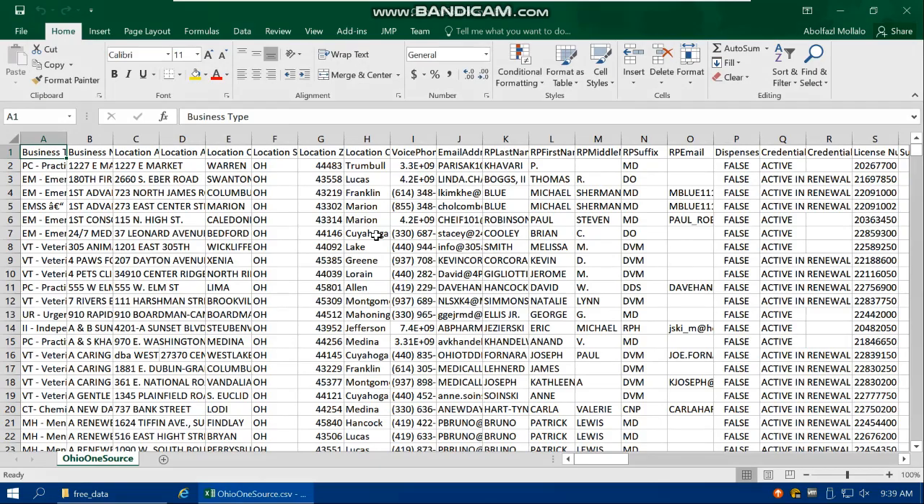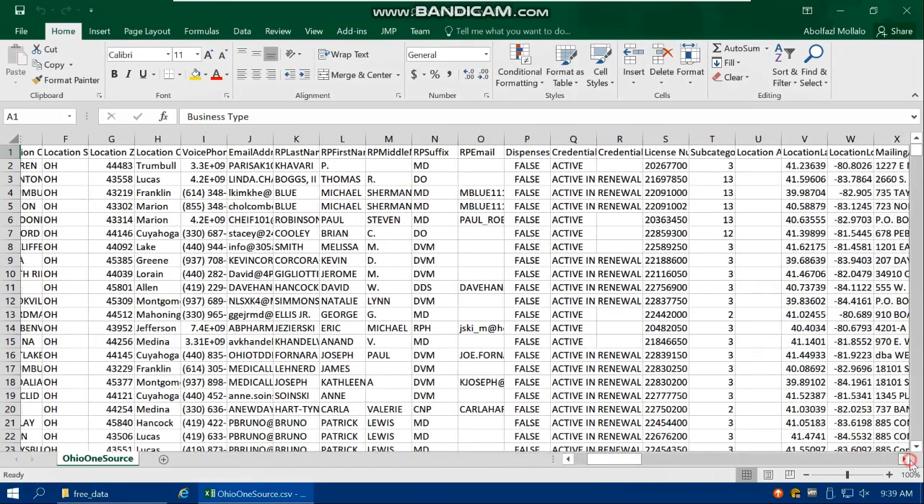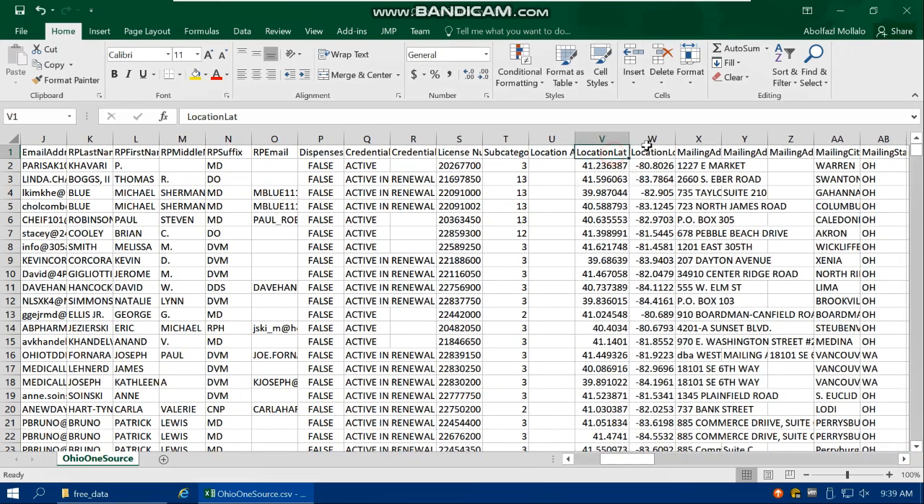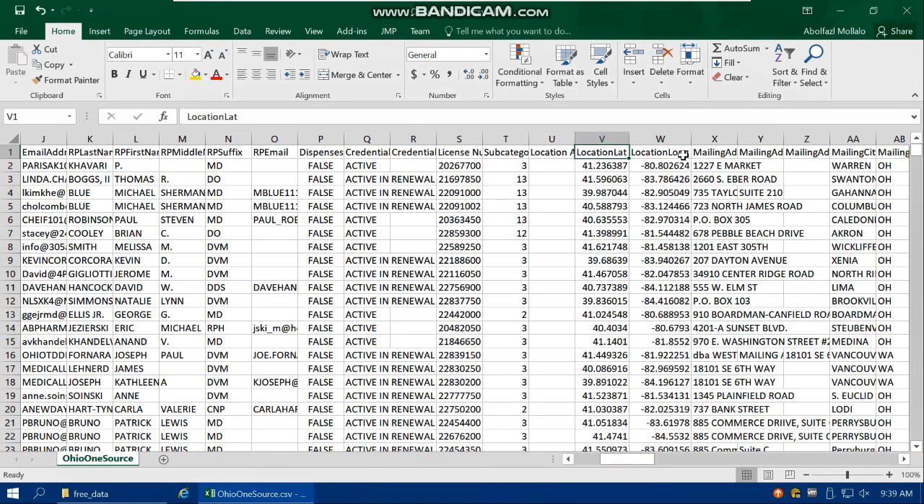In this CSV file, we should look for XY coordinate or latitude, longitude information. I think this one has latitude and this one is longitude. So these two fields, V and W columns, have latitude and longitude information, so we can directly spatialize the whole dataset in ArcGIS. Let's say we are only interested in spatializing a specific type of business,